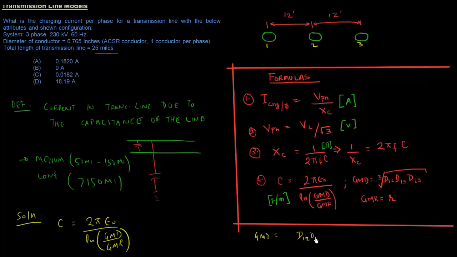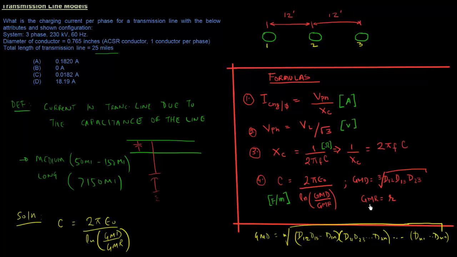So 1 to 2, 1 to 3, so on till 1 to n, and then you have 2 to 1, 2 to 3, so on till n conductors. So the product of all of them, to the root of n. In this case, we have just three conductors. So we have D1 to 2, D1 to 3, D2 to 3. These are the distances from conductors 1 to 2, 1 to 3, and 2 to 3, and to the root